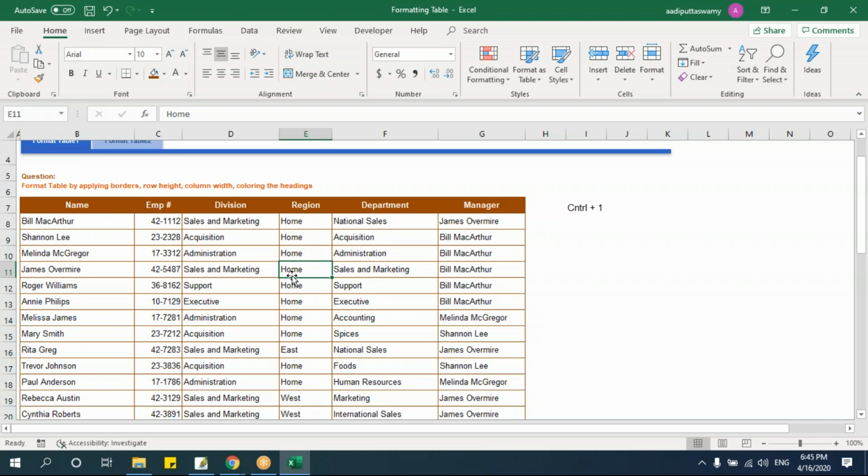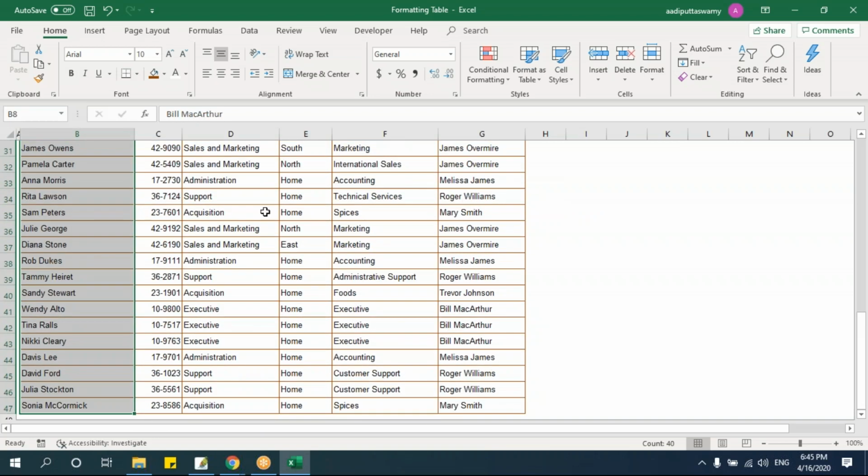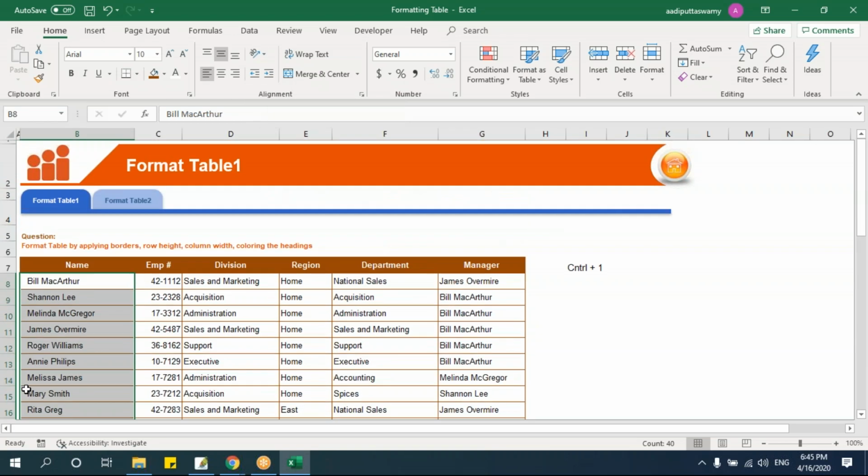Okay, fine. Next, we aligned it to the middle so that the data is not getting touched here. Next, we'll see how we can align this horizontally. Can you see that it's getting touched by this border? Now what I'll do, let me select this, and here I have something called indent. Let me click on this indent. See, I got this space. Please do not give space like this. Some people have the habit of giving space like this.